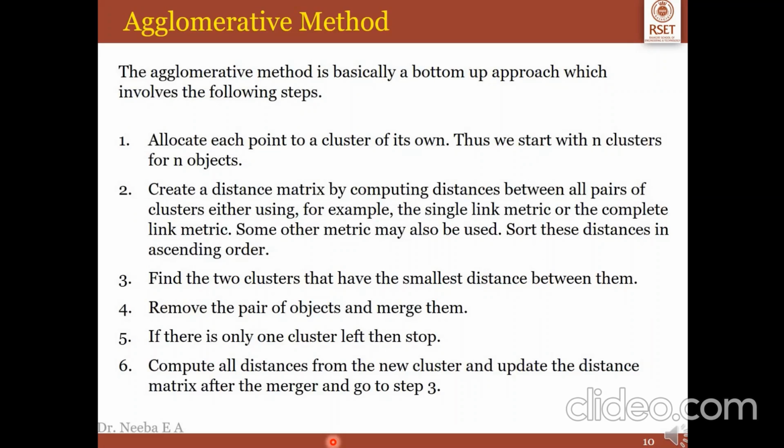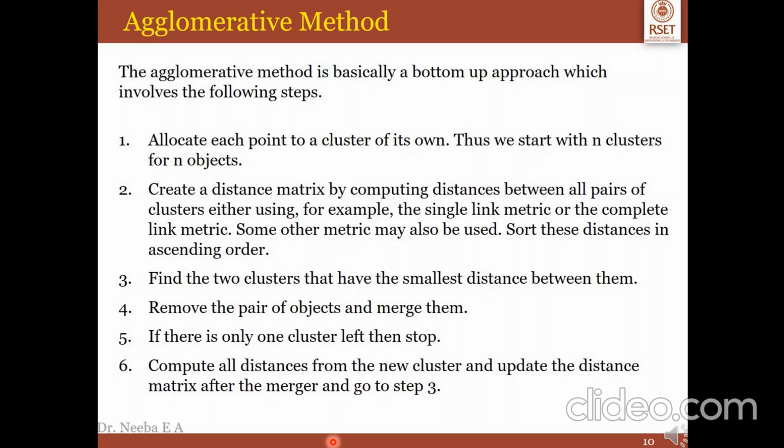The basic idea of the agglomerative method is to start out with n clusters for n data points, that is, each cluster consisting of a single data point. Using a measure of distance, at each step the method merges the two nearest clusters, thus reducing the number of clusters and building successively larger clusters. The process continues until the required number of clusters has been obtained, or all the data points are in one cluster.